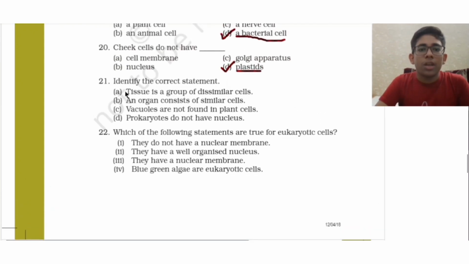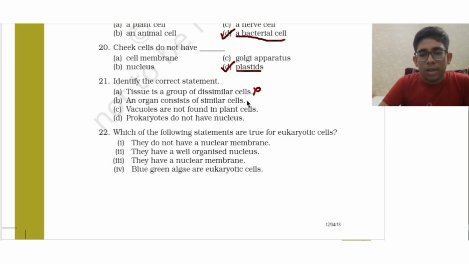Question number 21. We have to identify the correct statement. So we have to read all the options. Option number 1. Tissue is a group of dissimilar cells. So this is absolutely incorrect, because we know that similar cells that perform a similar function together are called a tissue. So by definition this is incorrect. Second option, an organ consists of similar cells. For example, we take the organ stomach. Do all the cells of the stomach contain similar cells? So this is not correct